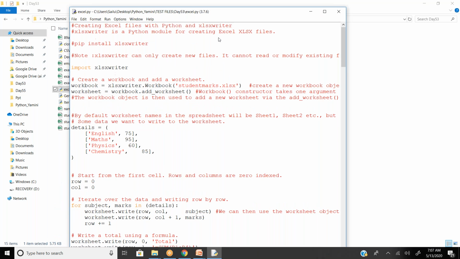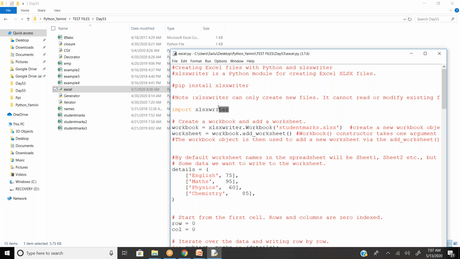That means when I'm writing my Excel file with the writer, the system assumes this is my current working directory, the current location where I can do read or write operations, not only for XlsxWriter but for any kind of script. So if I give only the file name dot extension, the system assumes I need to create a new file within the same folder where my Python script is available.